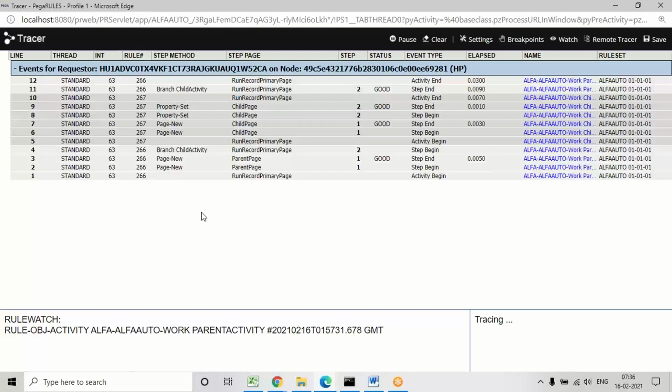If they ask you the difference between call and branch: call will execute all the steps in the activity in sequence. With branch, wherever you use it, that is the last step executed. Any steps after the branch will not be executed. If there are no conditions, even if steps are there after the branch, it will not execute them. In coming classes I'll discuss how to implement conditions.